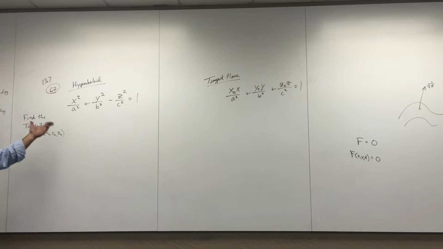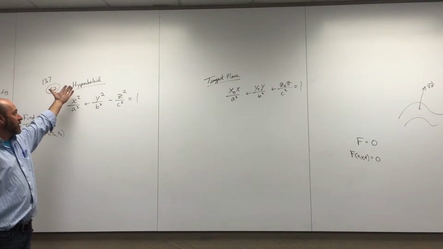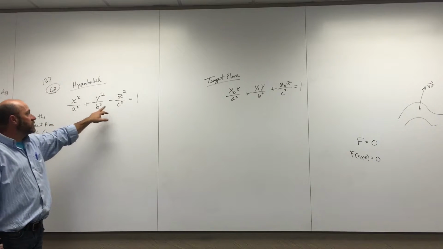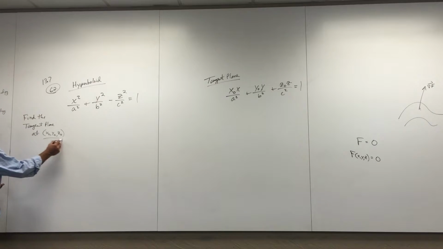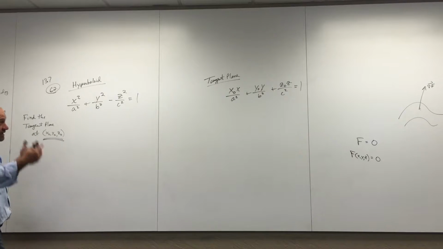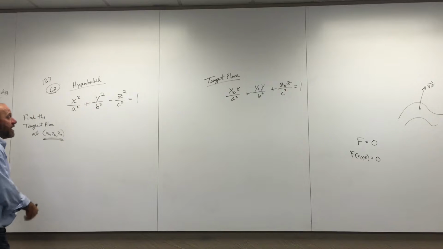You've got some generic surface. It's not that generic. It's a hyperboloid, but the a squareds and b squareds and c squareds are constants. We're at some point here in general, x naught, y naught, z naught. Now, if I want to go through the procedure of finding the equation of the tangent plane, I think I